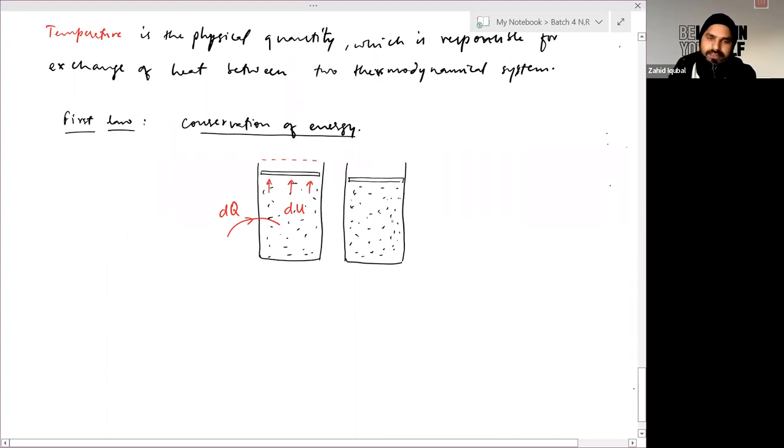Similarly, if you have to eject some amount of heat from the system, it should be provided by compressing this piston from some initial volume to some final volume and by decreasing its internal energy. So we can say in this whole part, the amount of heat ejected out or supplied to this particular system must be utilized in two different processes. One, the change in internal energy, and the second, the amount of work to expand or contract it. Is it clear?